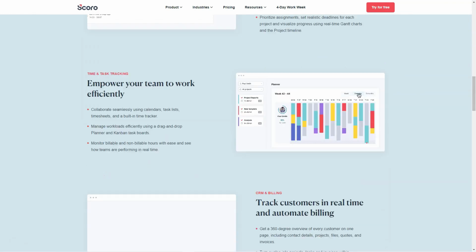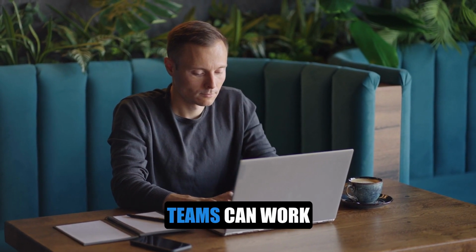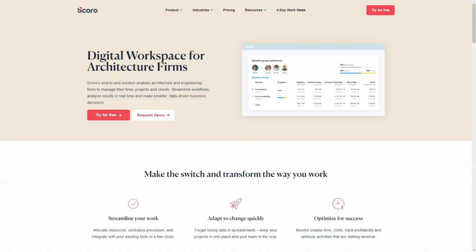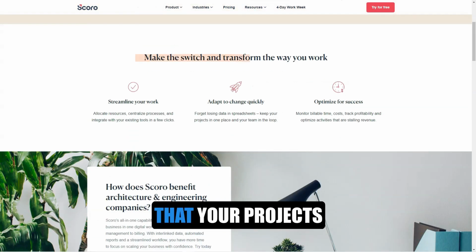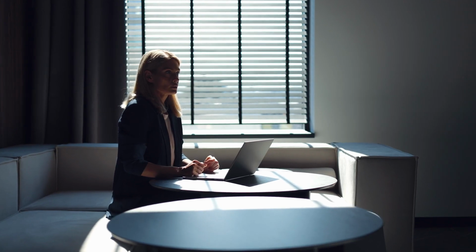management capabilities. Collaboration is at the core of Scoro's design. Teams can work together in real time, share files, comment on tasks, and receive updates as soon as they happen. This keeps everyone aligned and ensures that your projects run smoothly, even when your team is spread across different time